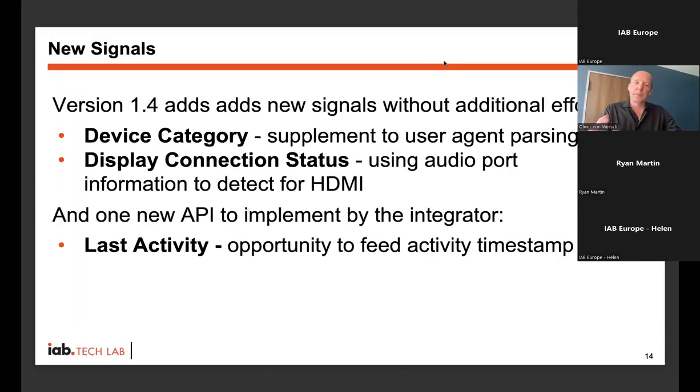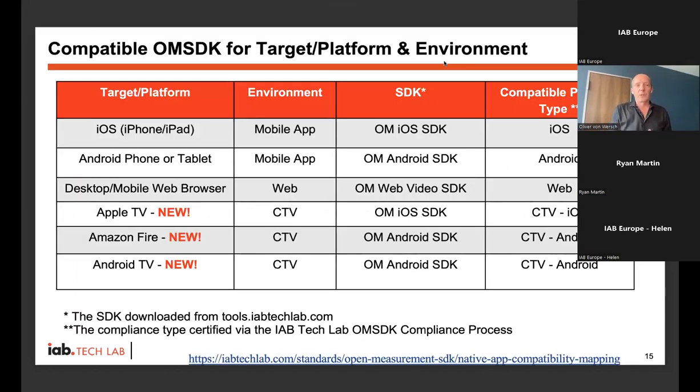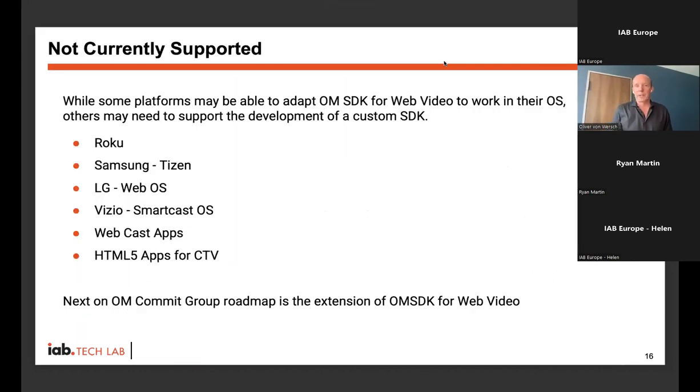Version 1.4, for the people more technically interested, is the one you should look for. This is only the starting process of the development of IAB Tech Lab. If we look into the operating system environments, Apple TV is supported right now, Amazon Fire TV is supported, and Android TV is supported, but there are others to come and others under development, such as Roku, Samsung Tizen, or LG WebOS. Not all of them really have high market share in Europe. Some of them have higher market share in other regions, but obviously we are aiming at bridging all, and in the end, all operating systems and environments for OM SDK for CTV.